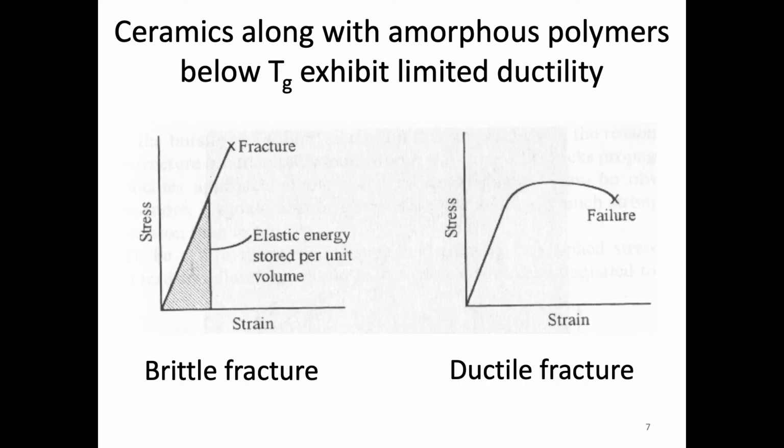All right, so again, our ceramics, along with amorphous polymers that are below their Tg, act with really limited ductility. They're brittle fracture. So they act more like this left curve where we just have the elastic portion and then fracture. Whereas other materials we might be used to from other classes, metals and ductile polymers, do have substantial plasticity, and therefore there's more of a warning when fracture occurs because it's ductile, it changes shape. So that's a big difference here in terms of the type of response we have.